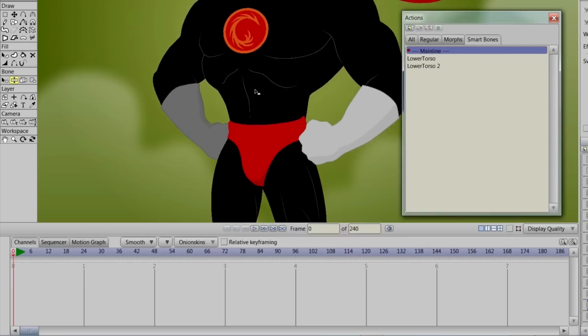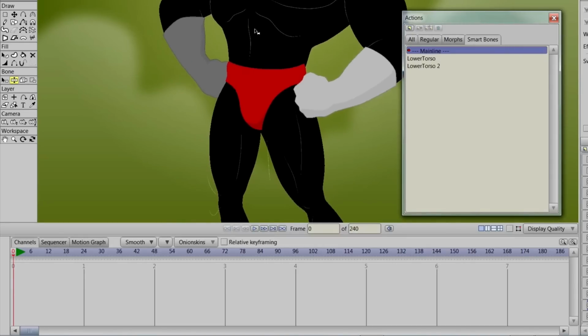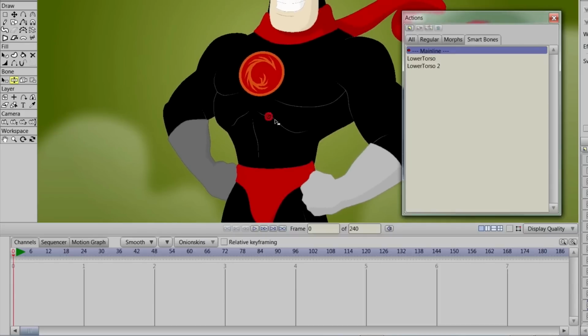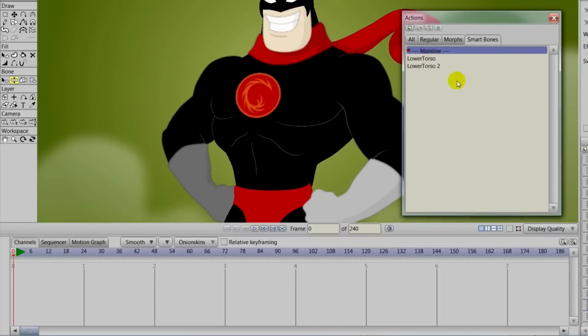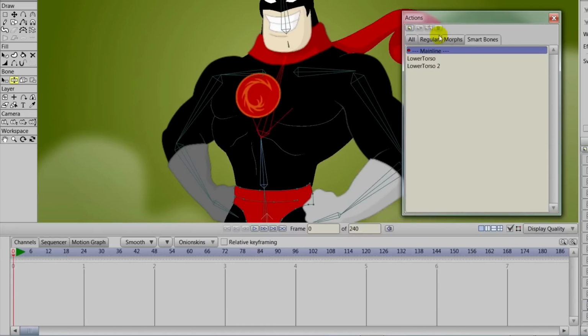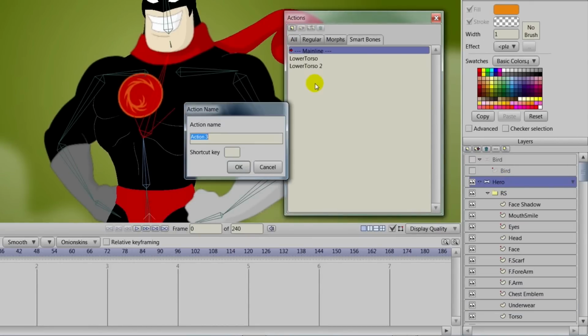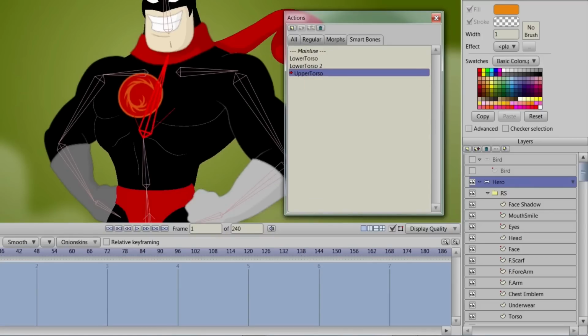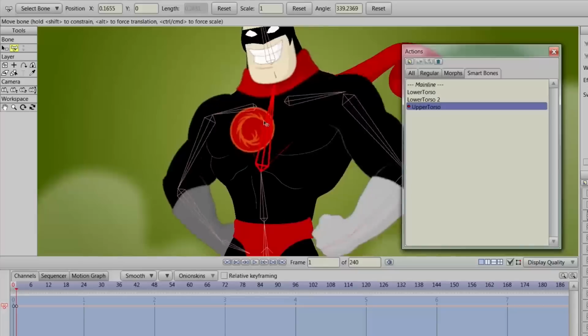There we go. So far, so good. There'll be some other corrections, of course, that we'll have to do here, and we're probably going to have to focus in on the torso next, because it doesn't really move the way it should. So we'll click on that hero bone, and remember, we have to name this the same as the upper torso bone. So upper torso, that's the name of the bone, and we can go into that action, of course, and